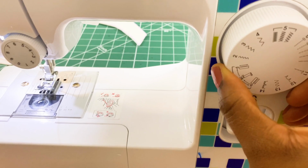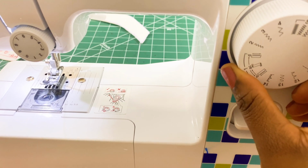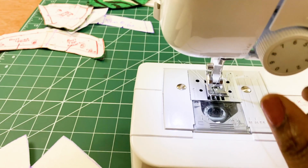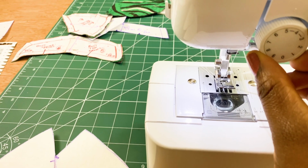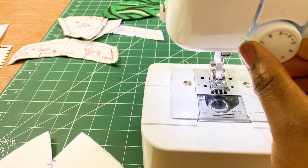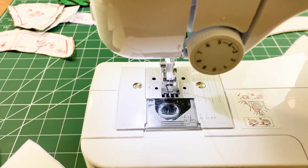So now I'm going to switch to a zigzag stitch, and that is in number 5. I'm just putting that on number 5. So once I'm done setting all the numbers and the type of stitch I want, I'm going to join my